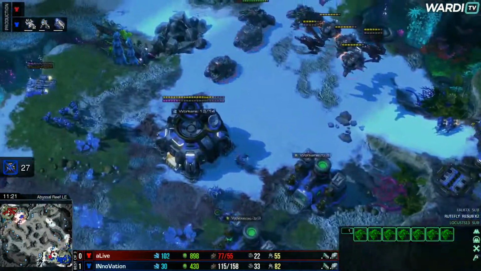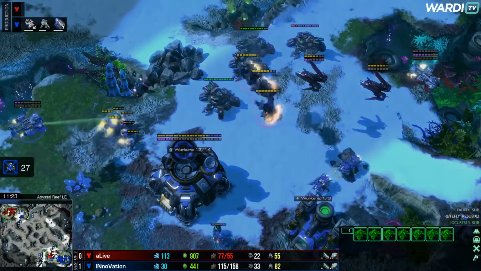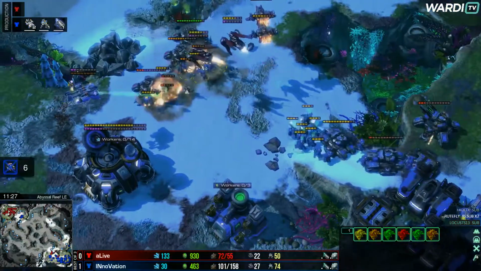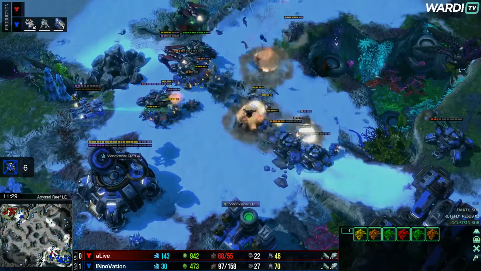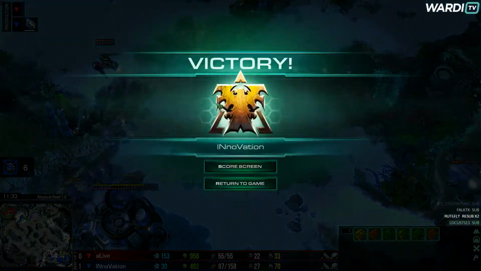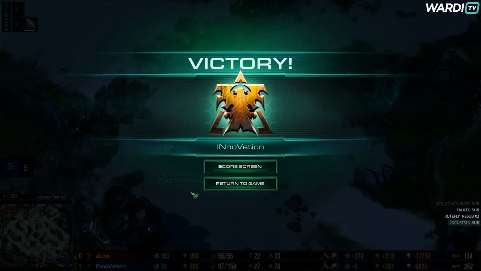And for INnoVation, it's a difficult couple of moments as he has to figure out how he's going to fight into this. Marines not paying attention down to the south. He's actually going to pull forwards with everything now. Marines stim in. He's going to start splitting them up. Vikings have to land. The SCVs are killing siege tanks as well. That will be GG. And INnoVation will secure that. And unfortunately, aLive